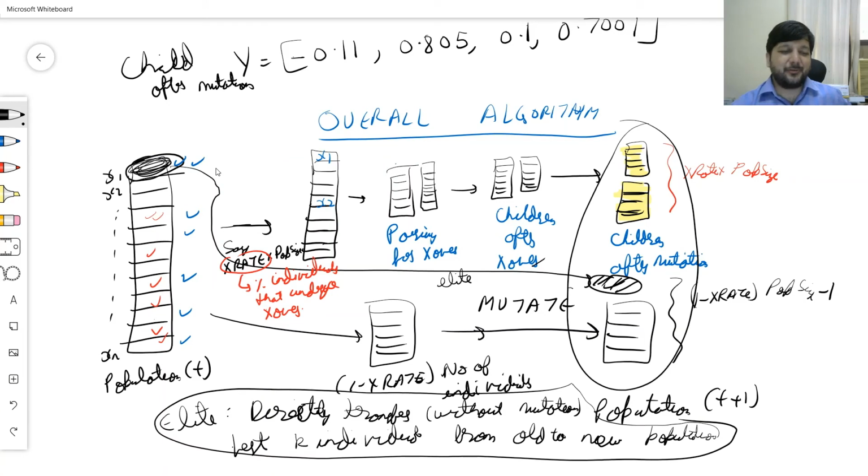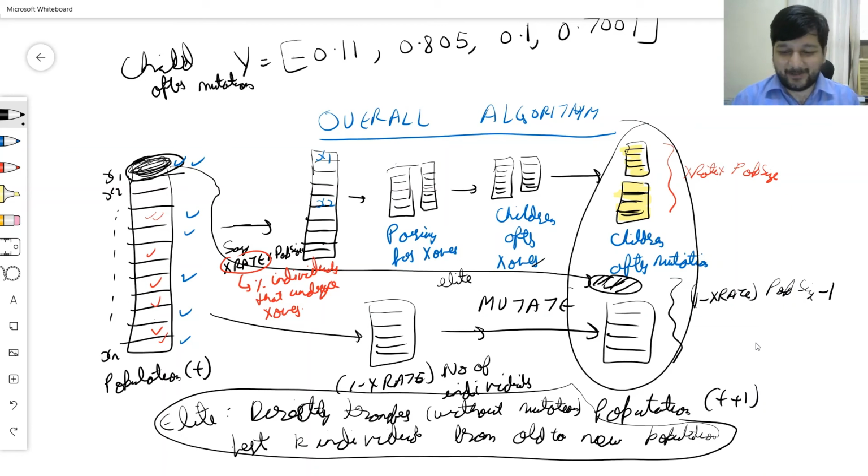Without mutation is also important, because many times X1 will get selected over here, but then its first child will take, will inject some bad genes from the second parent, and the second child will take some bad genes of the other parent. So both children get some bad genes. So now the child is no longer fit. Sometimes it gets selected for mutation, and mutation takes a great parent, but it introduces unwarranted errors, and then a great parent with unwarranted errors is a bad child.